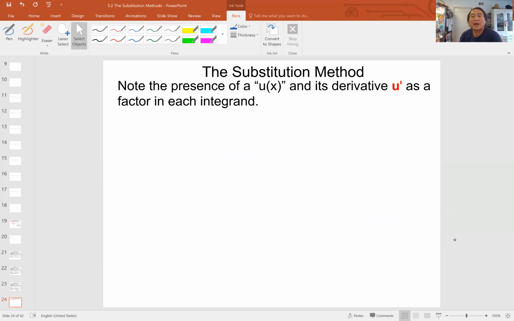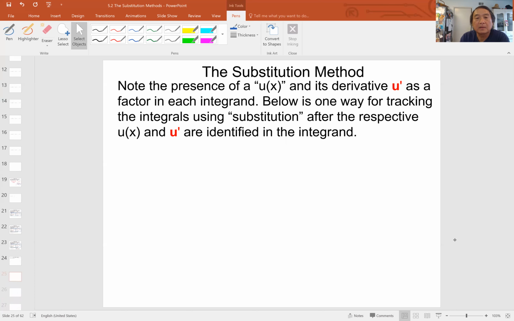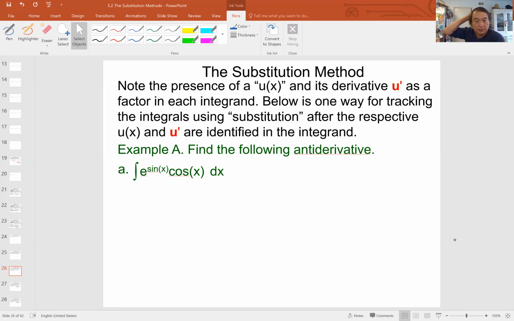So first we need to recognize that substitution methods should be used, because first we have to recognize that this formula came out of the chain rule. And the substitution method is a mechanic to, after you recognize that, give you back the integrations back to the antiderivatives. Okay, so for example, here,